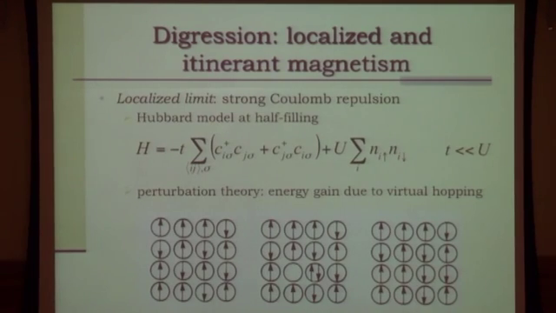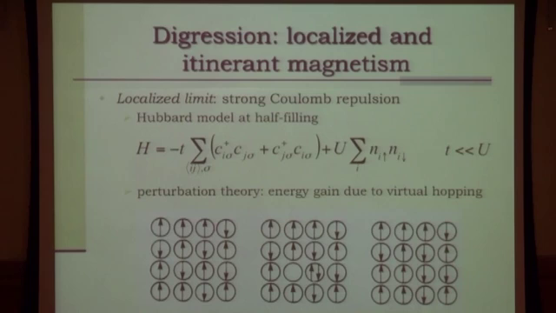Of course, if you were in the other limit where U is 0, this would be a half-filled system, which means that it would be a metal. Now, that's not the whole story. This is only in the charge channel. But what happens if I allow virtual hopping? Suppose that this electron is here. Now it hops to this other site and comes back, and then it flips the spins, as you can see.